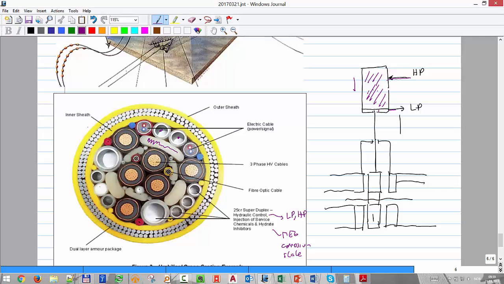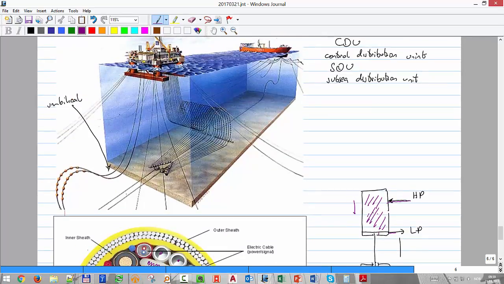Now you have some companies that are trying to push that you also have the production line as part of the umbilical, but these are more expensive and they are not so spread. Instead of having two lines, one production and one umbilical on the side, you will have all of them in one, but that's not spread so much